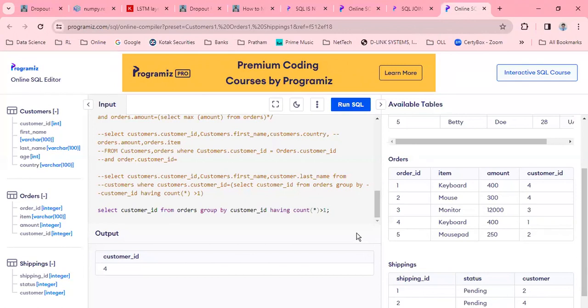You can use it as a nested query. That's all. Your job is done. Okay, so I want to see everything from the customers. Select star from customers where customer ID equal to